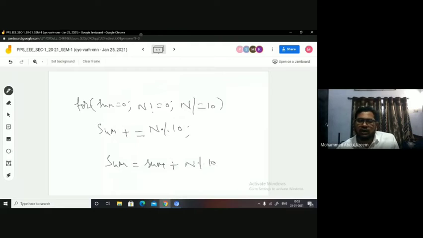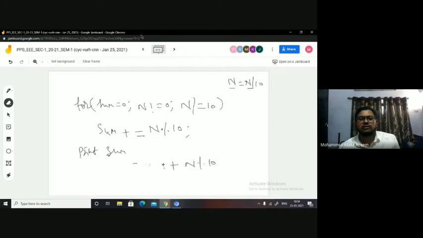But anyway, I'll go here. n by equal to 10 means what? This is also again a shortcut operator, n equal to n by 10. When the left operand of the binary operation and the LHS both are equal, I can use a shortcut operator like this, by equal to, n by equal to 10. Fine. So after doing this, it will come here anyway, right? And then it will check the condition, and then it does this, comes here, checks this, does this, until the condition is false. When the condition is false, you come out of the loop and print the result. Result is available in sum, yes or no?